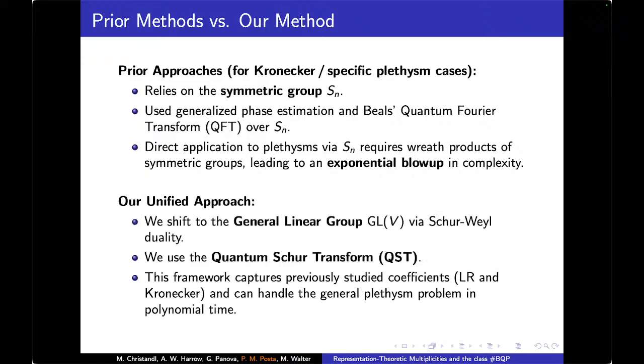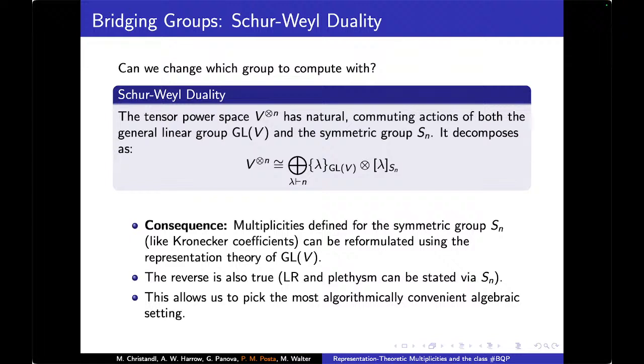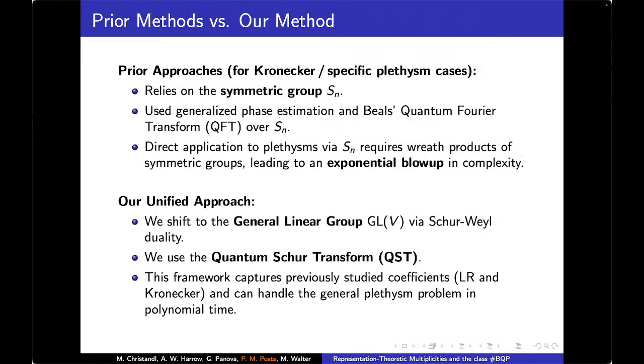In contrast, what we did is that we shifted to the general linear interpretation of all of these coefficients, and we replaced the Fourier transform with a quantum Schur transform. A Schur transform just basically does this sort of isomorphism here. So you start with something in the computational basis of this space, and you arrive at something in this Schur basis of this space, in which the label is clear, the element inside this module is clear, and the element inside this module is clear. And this is a unitary map that you can efficiently, with some small caveat, do